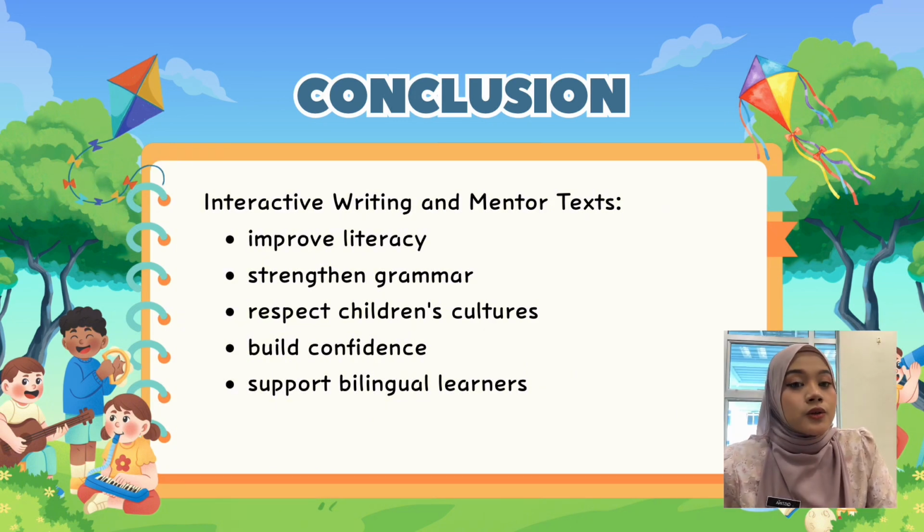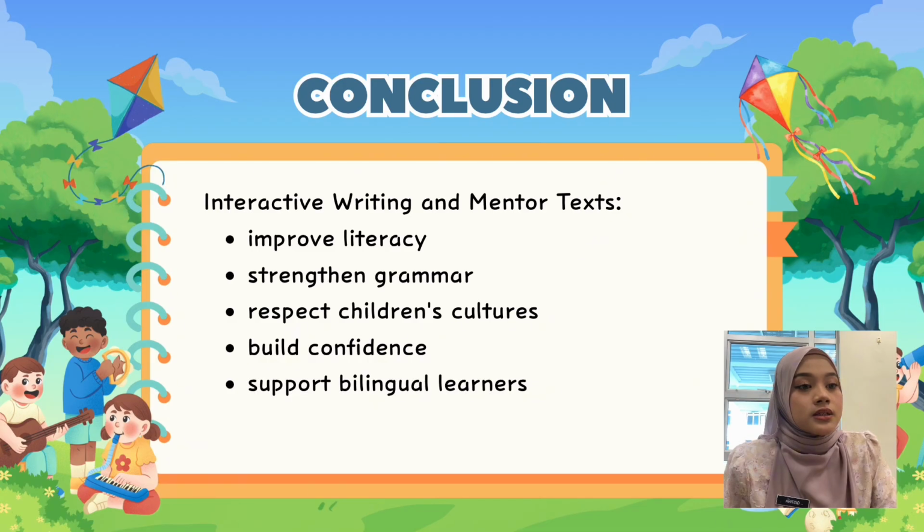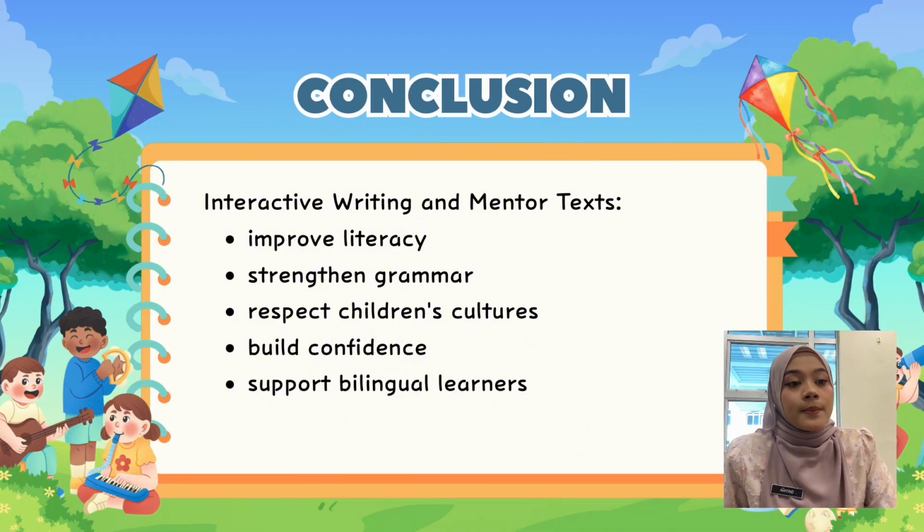In conclusion, using interactive writing together with multicultural mentor text is a powerful way to support early childhood literacy. By using Vygotsky's zone of proximal development in our daily writing routines, we can easily help children understand English grammar patterns. Also, by breaking sentences down into simple steps and choosing our books carefully, we can keep learning fun and stress-free. This method does not just teach children to follow grammar rules, it makes them feel like real